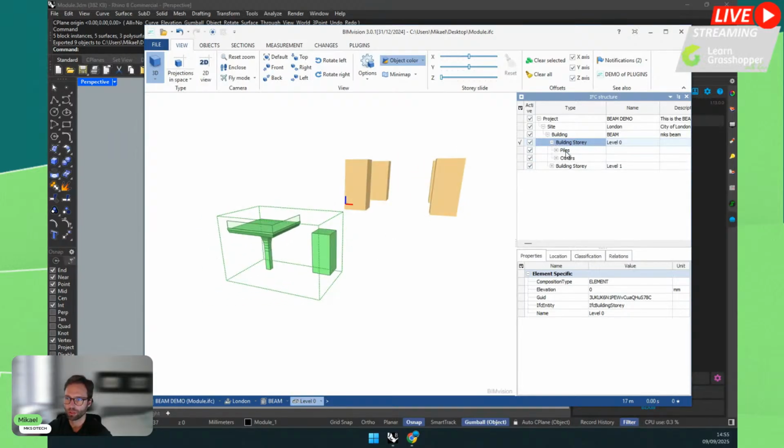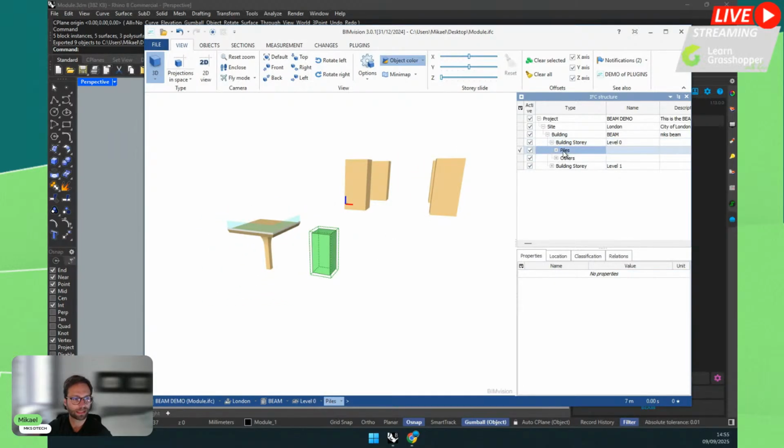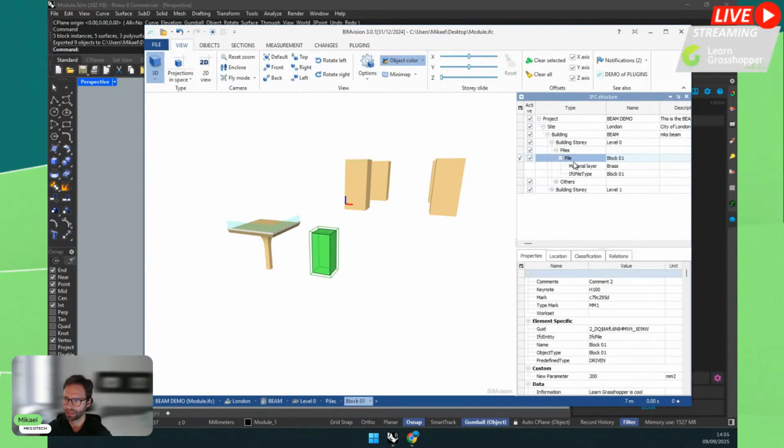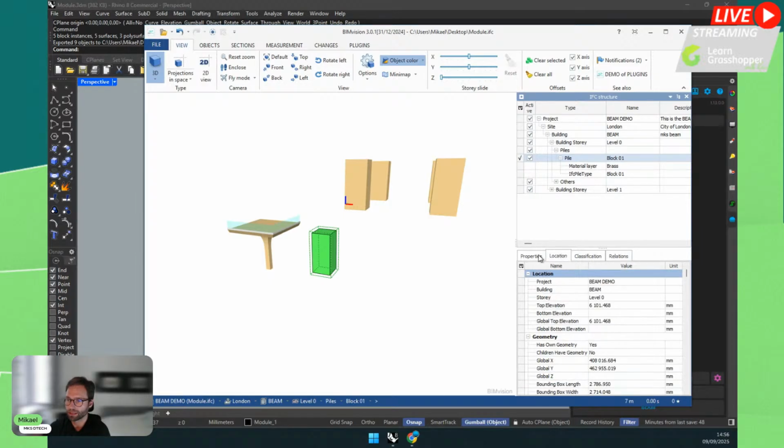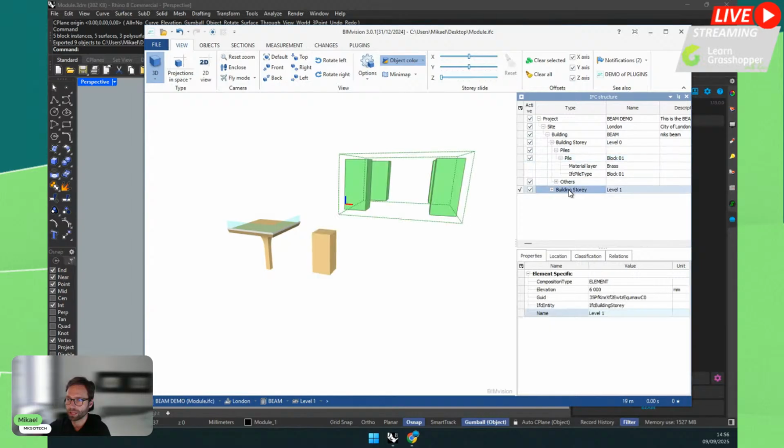In level 0, we have our piles type object. That's the IFC pile category or type, and then we have our instance, and then you will have the parameters that I have assigned. By default, we strip away empty values. That's a more standard way of exporting IFC, so we don't include empty values. If you leave something blank, you will not have that information. So we have our area parameter with the units, our information, the Grasshopper is cool, and then our true or false parameters, and same for things on level 1.